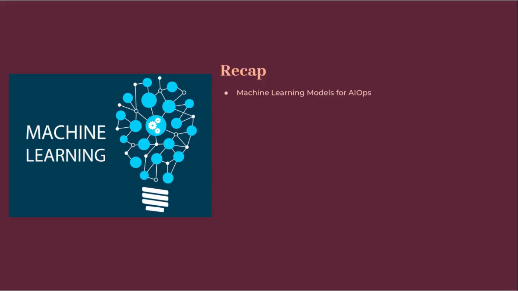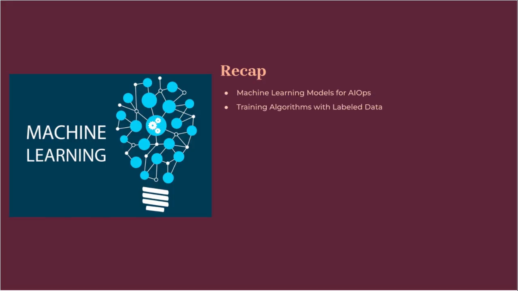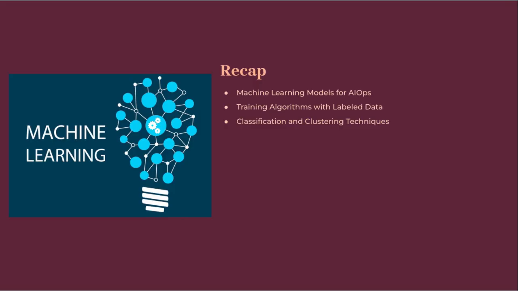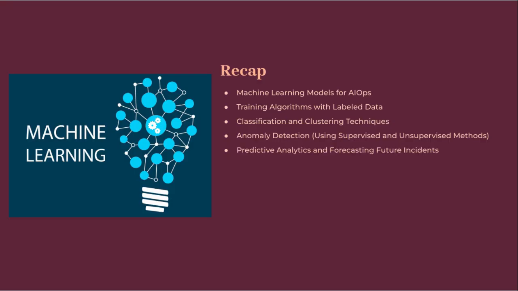To recap, we began by understanding the different machine learning models used in AIOps, and how training algorithms with labeled data helps build effective models. We then explored classification and clustering techniques, which allow AI to categorize and group incidents intelligently. Next, we discussed anomaly detection using supervised and unsupervised methods, showing how AI can identify irregular patterns before they escalate. We also dived into predictive analytics and forecasting future incidents, demonstrating how historical data can be used to anticipate and